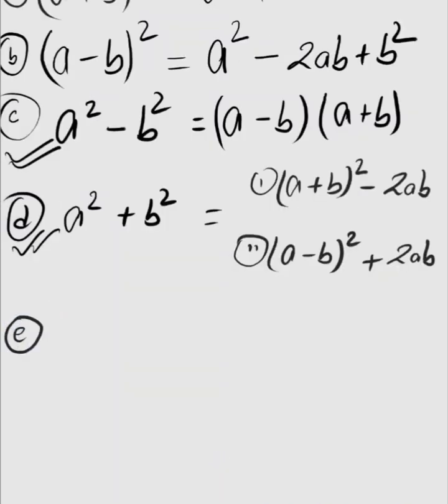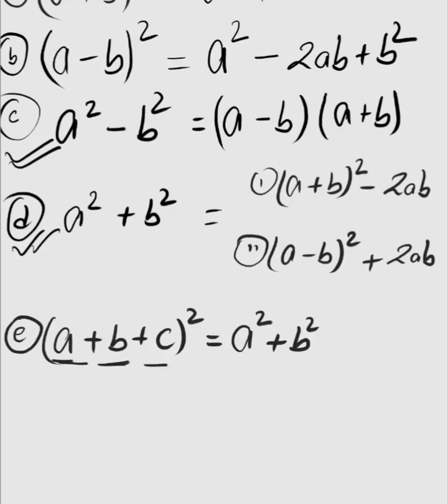The E formula is also not much used, like (a + b + c) whole square. There are three: a, b and c. It is not much used, but if the formula comes up sometime, then you need to remember it. It's simple, it's not that hard. There is a, so write a square. b, so write b square. It's all plus, so c square. Done. Then go with plus 2ab,